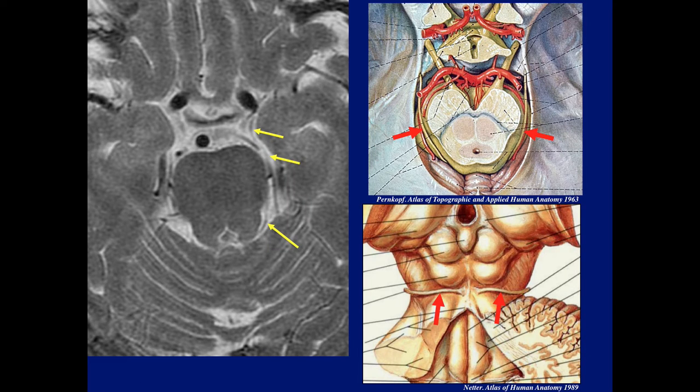Now it's very hard to visualize the fourth nerve on routine imaging. It's such a tiny nerve. It only has about 2,000 fibers compared to the optic nerve, which I think has over 1 million or 2 million fibers. So you have to work very hard to at least see, maybe like in this case, some segments of the fourth nerve. And here it is in the diagram, but we never really can catch it completely.